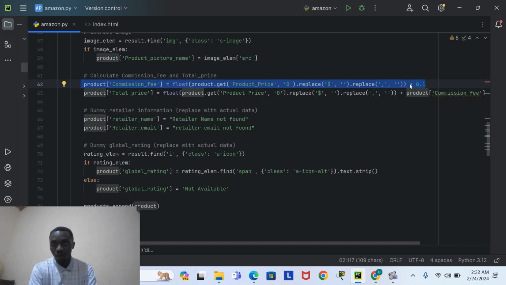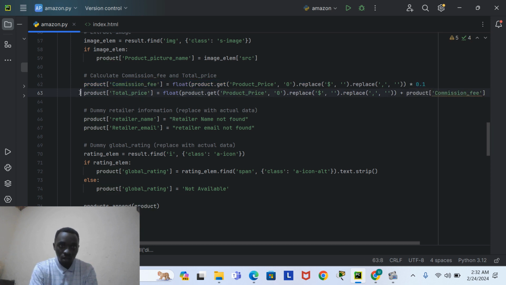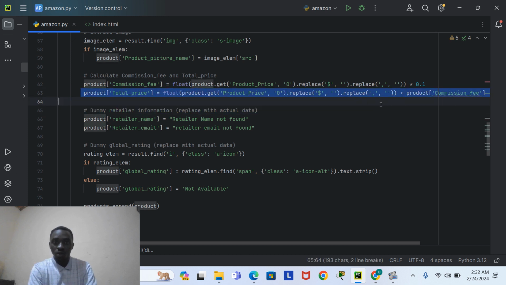This is what you have to do in these lines of code. Another question was to print the summation of the product price and the product commission fees. As you see here, it is the summation of the product price and the product commission. Let me continue with another code,